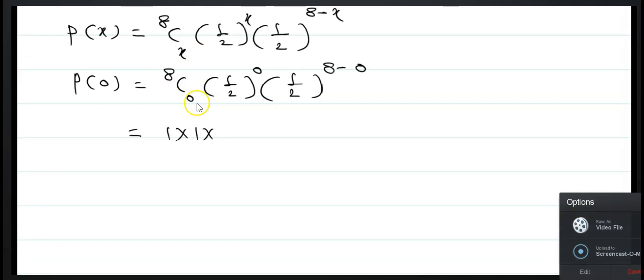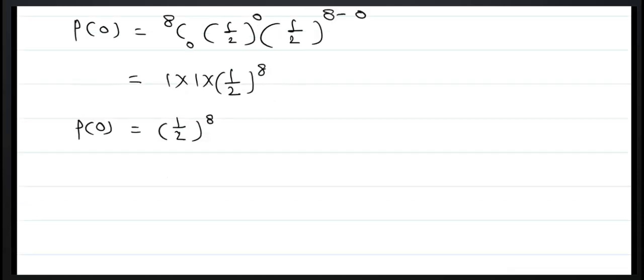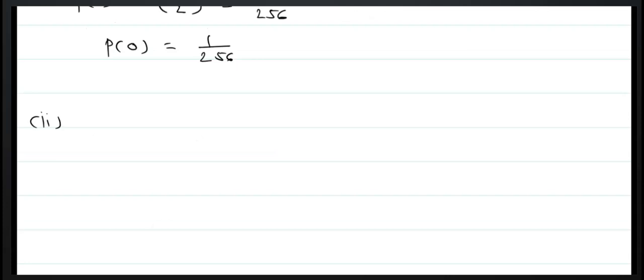That is 8C0 (1 upon 2)^0 (1 upon 2)^(8−0). Then the value of 8C0 is 1. This is also 1. And 1 upon 2 raised to 8 is 1 upon 256. That is P(0) is equal to 1 upon 2^8. Now the next is